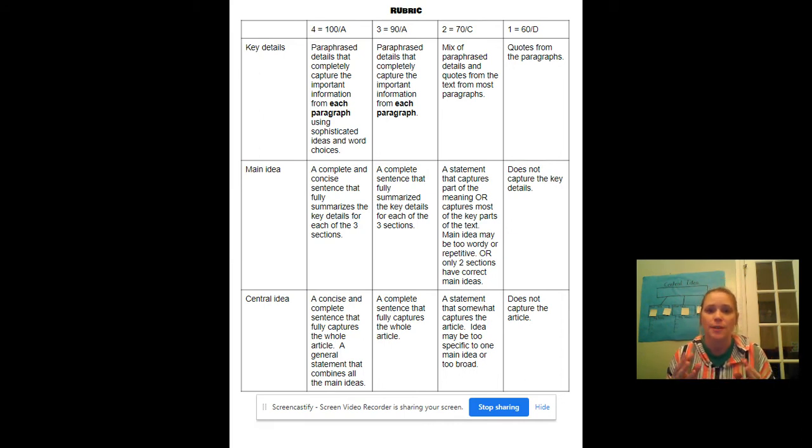The next step is you'll be taking those key details and putting them into main idea sentences. Now remember, these are complete sentences. So to get a 4, it has to be a complete and concise sentence. Concise means not too long, sort of simple and put together. It has to be not so simple that it's not a complete sentence, but it has to be a complete